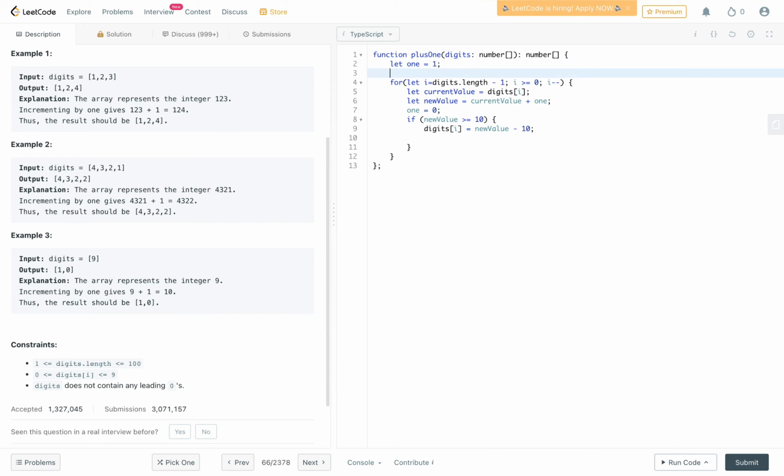So we will have, let's say, additional here as 0, and we will set additional as 1 here. So in the next loop we will use this additional for some process,